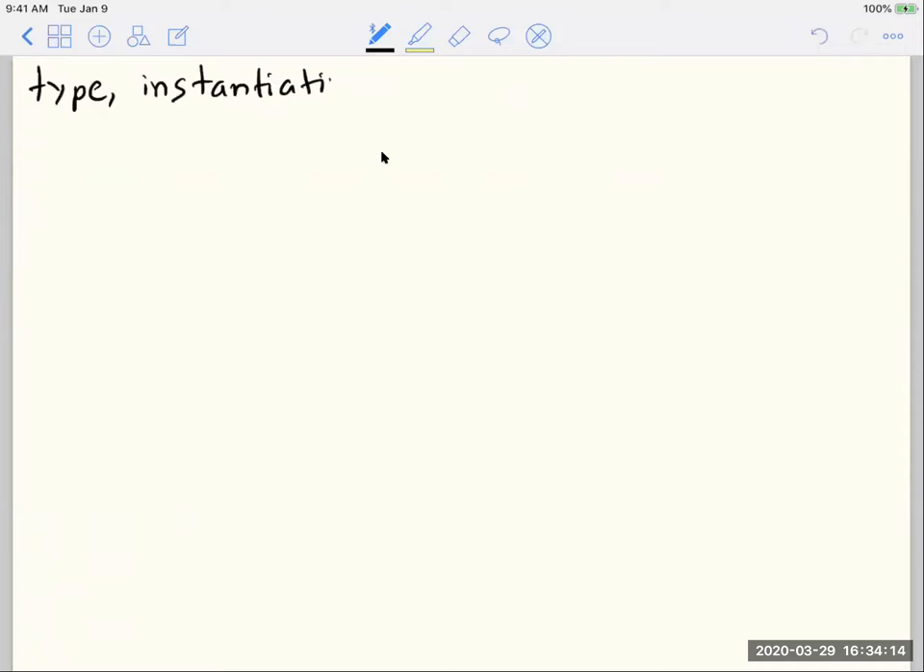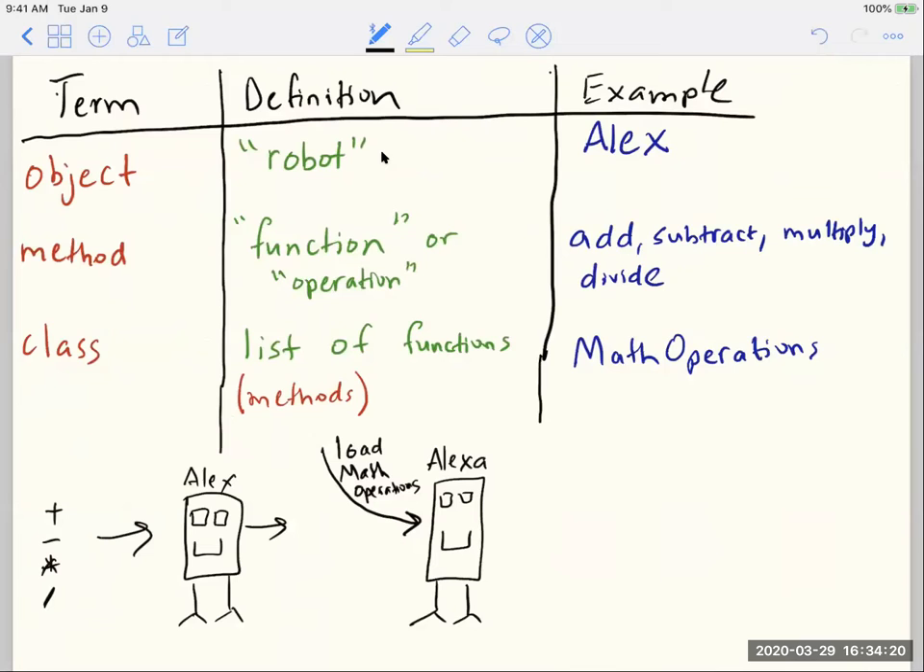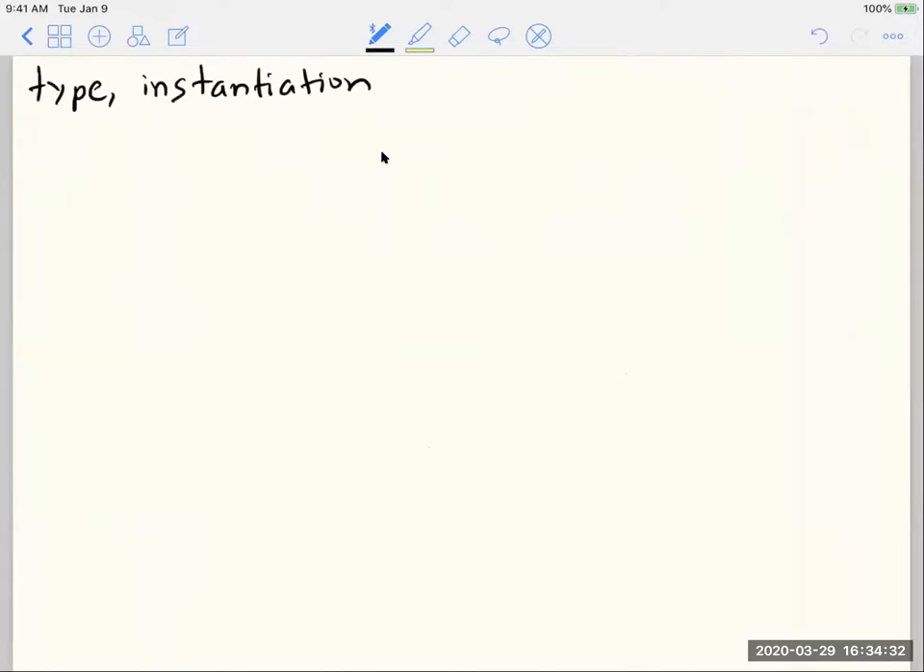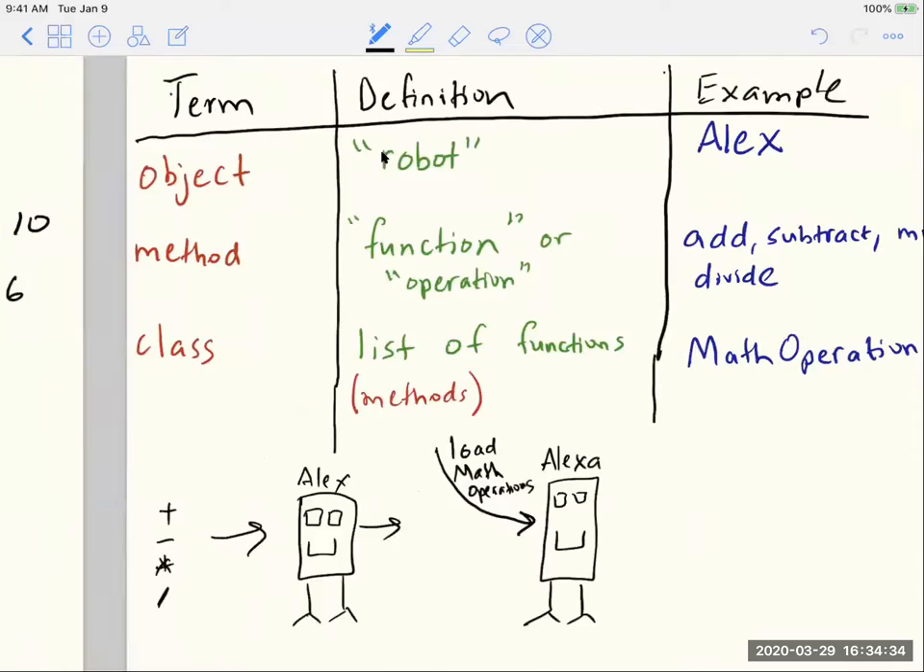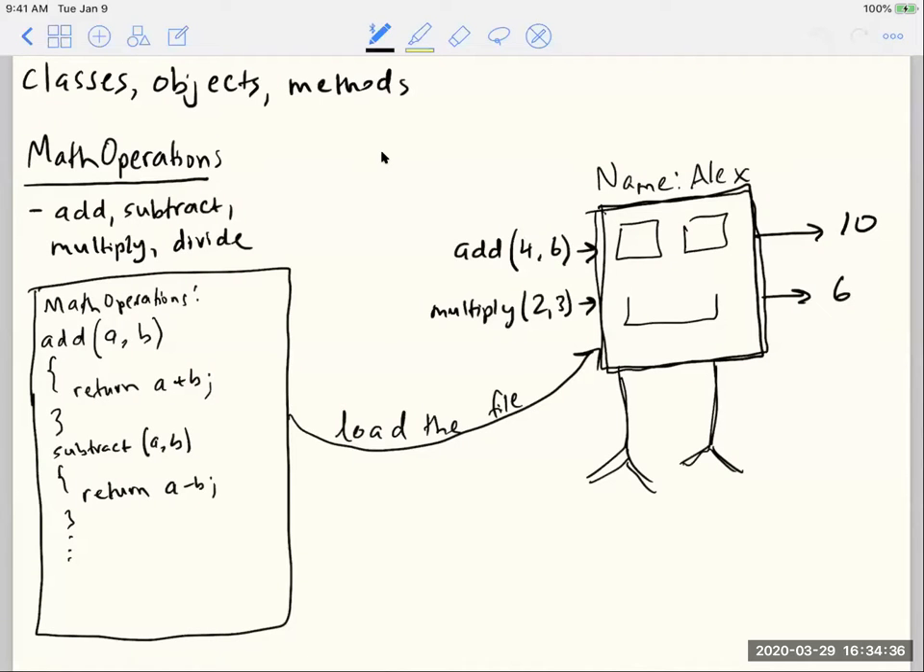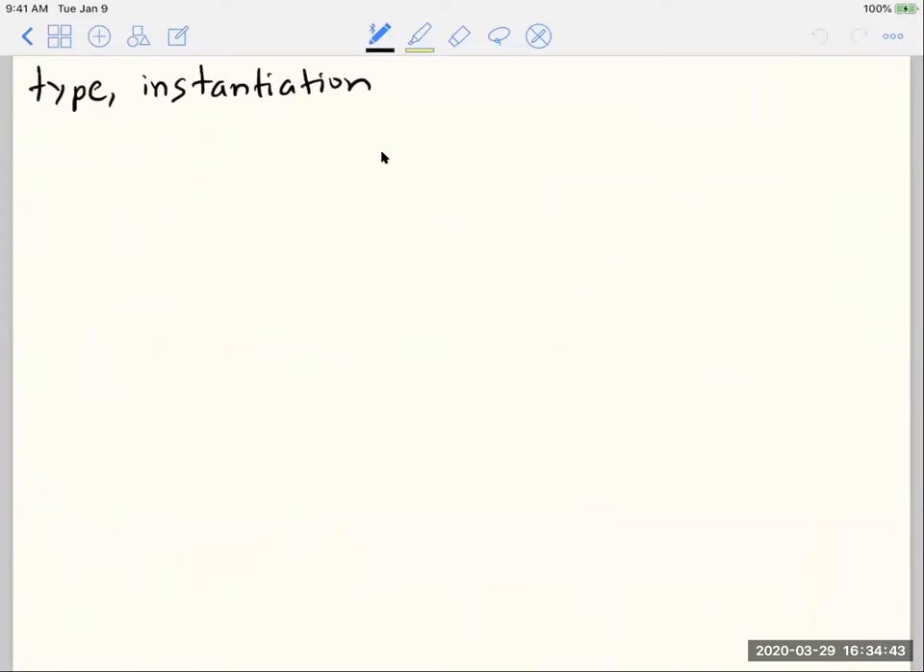Okay. So these two terms are pretty loosely used. They're kind of confusing when you first learn object-oriented programming, but hopefully you'll get a better sense of what these terms mean after this video. So let's say that at the start of the video, I said there's a robot or an object named Alex. It can perform these math operations. Well, in Java,